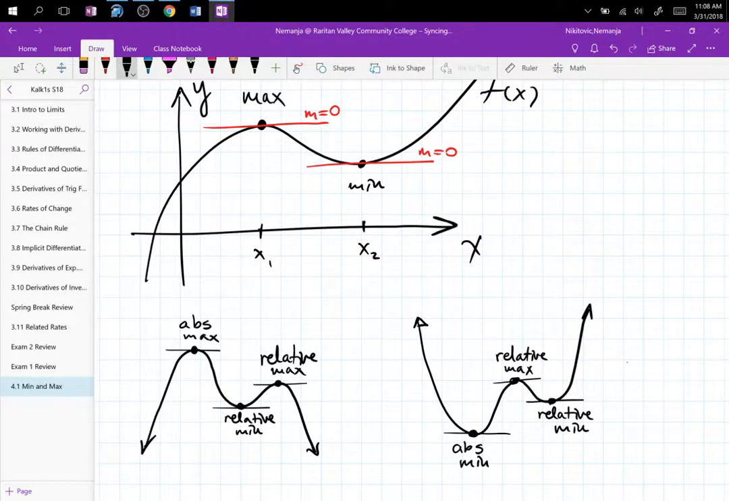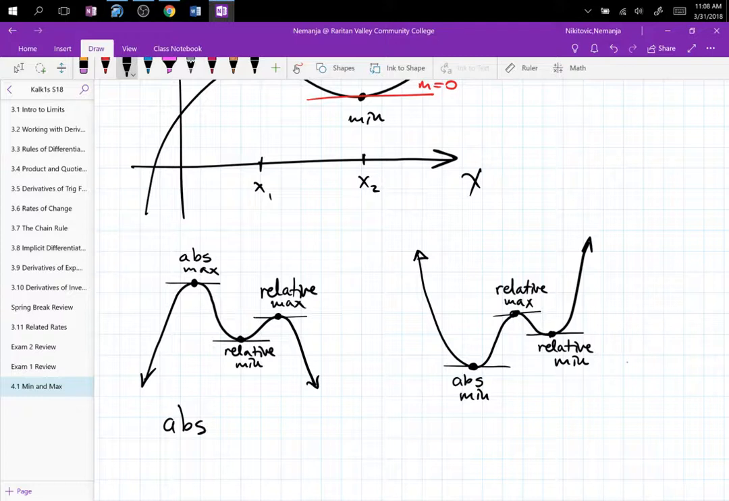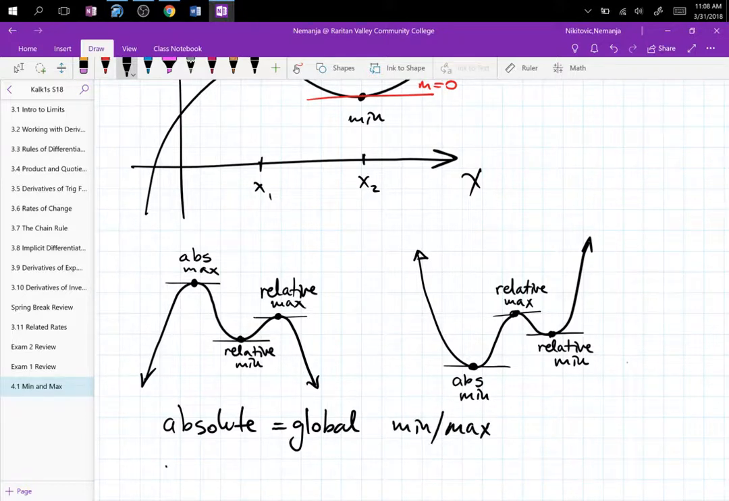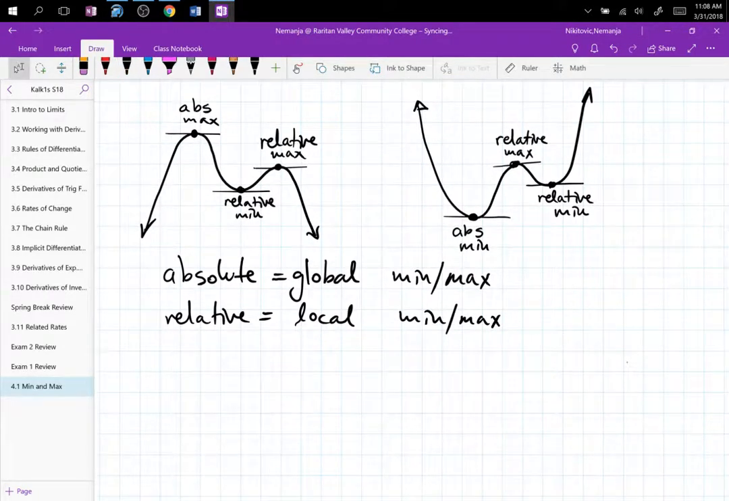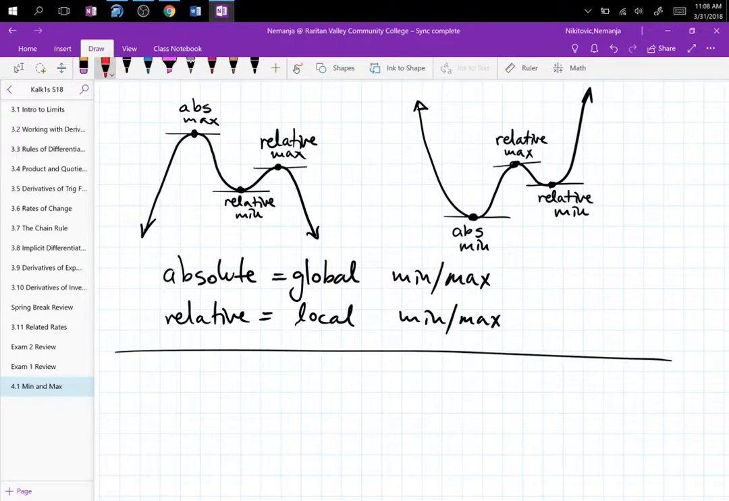So absolute min, max, sometimes they're also called global, depending on the book you are reading. So you have absolute and global, and then you have relative and local. If you just pick up some websites or YouTube videos or something, you know that these words mean the same thing. Good. So now let's go and write that